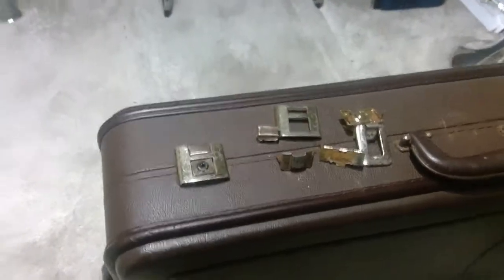I know a lot of people say that their cases are not that great, that the locks aren't that great, and that the locks don't actually work. And mine was the case as well. I can show you what mine looked like. I'll just switch this over. You can see here,